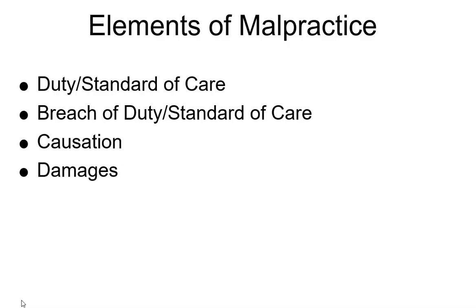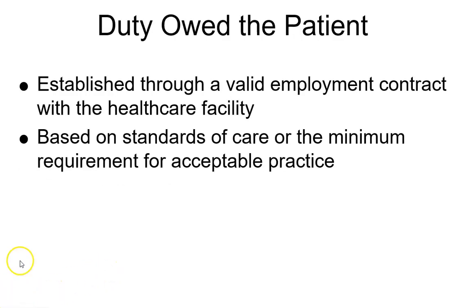There are 4 elements of malpractice: the duty, the breach of that duty, the causation that that breach of duty caused something, and that the person has damages. We'll talk about that in a minute. The duty. The nature of duty is the legal obligation nurses have to their patients. These legal obligations are known as the duty of